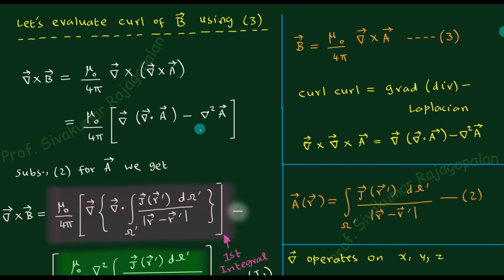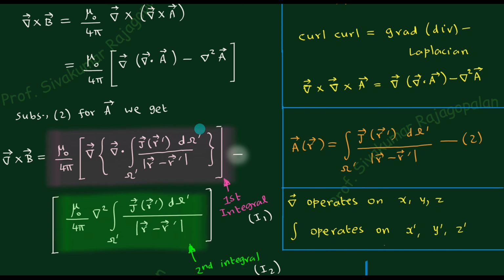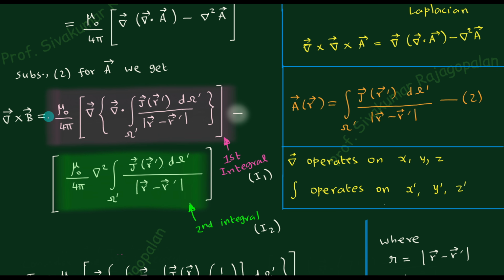But there is a point to be noted. While evaluating the curl of the magnetic field, we saw that it can be written as two integrals. The second integral was quite comfortable, so we were able to simplify it to mu naught times the current density, mu naught J. That was comfortable. But the first integral, we showed that it is equal to 0 in the